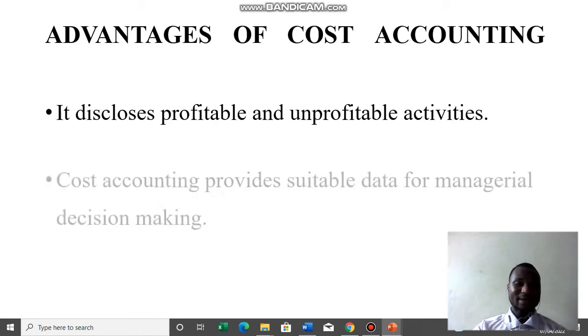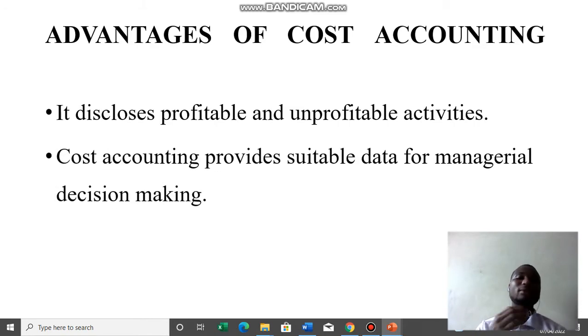Cost accounting also provides suitable data for managerial decision making. Now, all the data that cost accounting gathers is supposed to be tailored to a particular decision that management wants to make. So management wants to take a decision on product costs, cost accounting provides data concerning that. Management wants to take a decision on pricing,